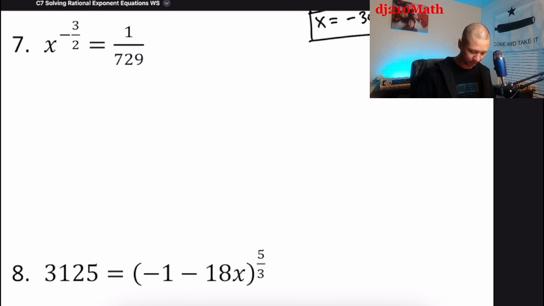All right, number 7. X to the negative 3 halves is equal to 1 over 729. All right, a couple different thoughts here. First thing is that it's negative, so you may have the instincts of flipping it, right? Because we know we don't like negative exponents. However,